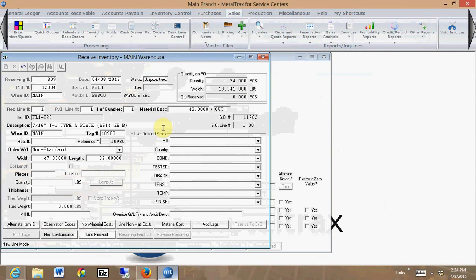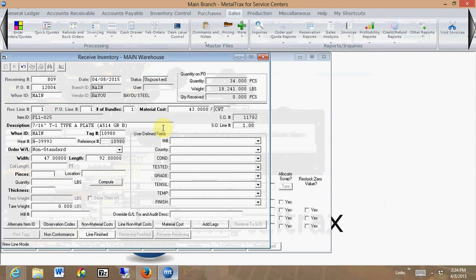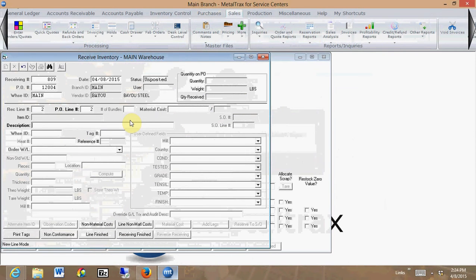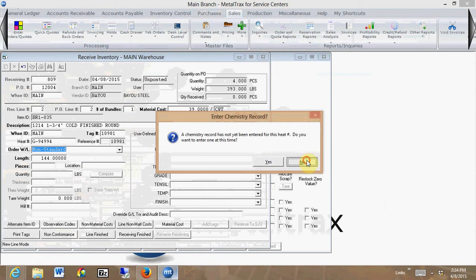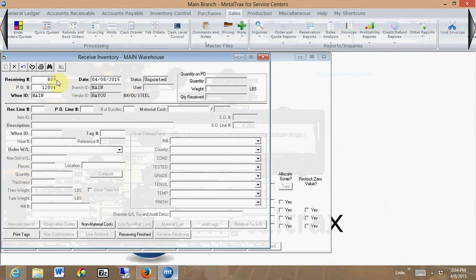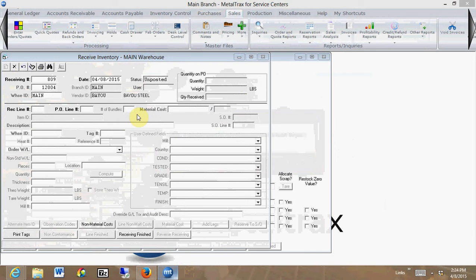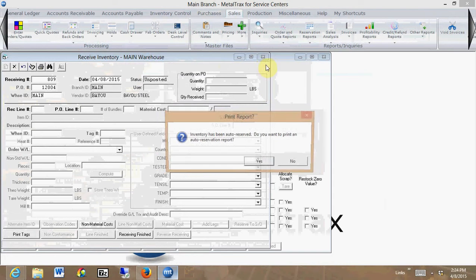So I can assign a tag and a heat number, and then I can receive in the 34 pieces. Once you're done with that, I could also do the line 2. In this case, I just hit enter and receive in the PO line 2, put in the heat number. I don't want to add a chemistry, and I just put in my 4 pieces. When I do that and print and post that receiving, watch what happens. The system's real time, so as you post the receiving, it will